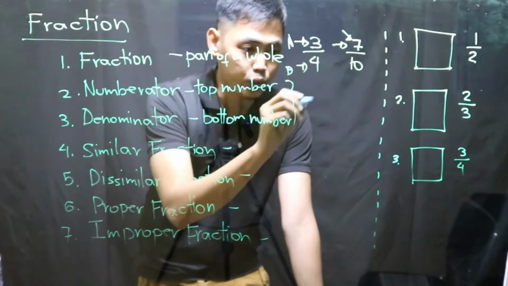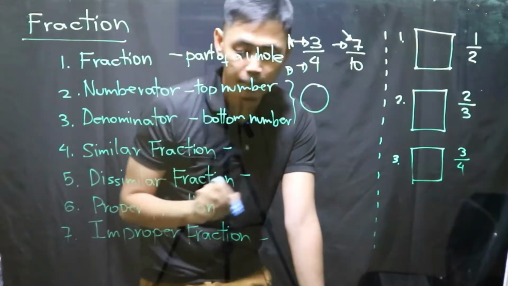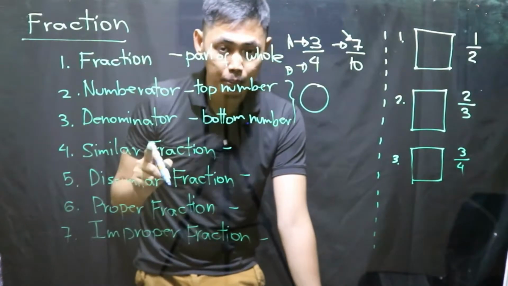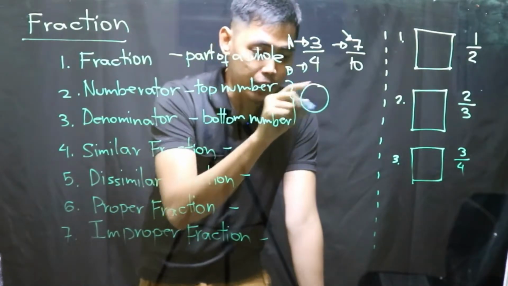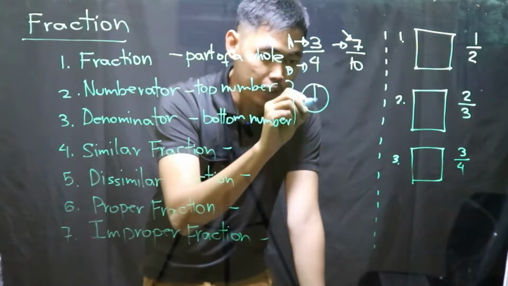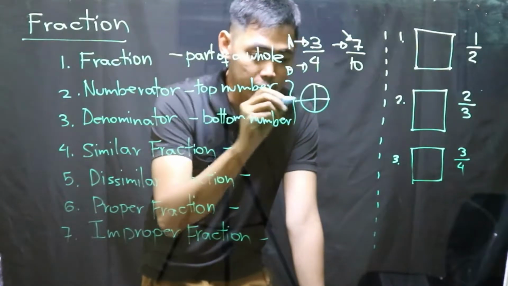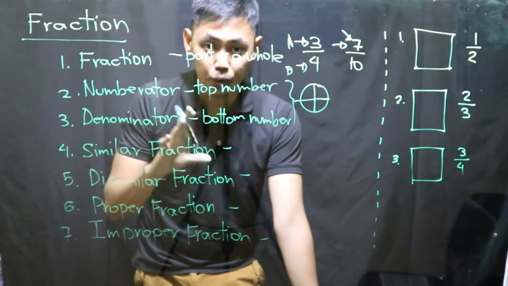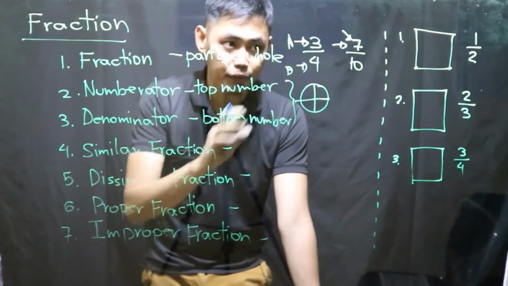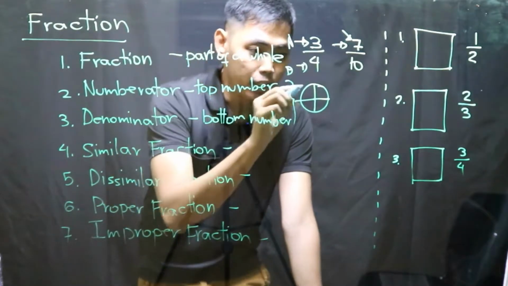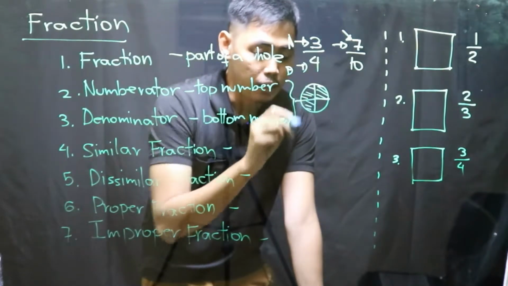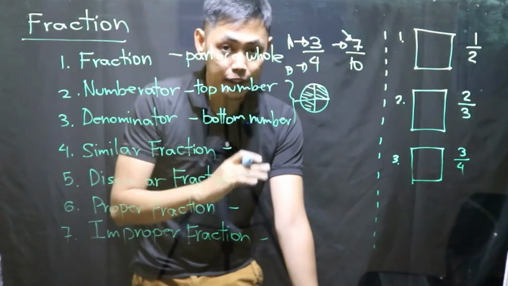For example, 3 over 4, if I have a pizza here, the denominator determines how many times a particular pizza or a particular whole is divided. So it is divided into 4 parts. The 3 on the top is the part that you get or have eaten. So 3 over 4 means you have eaten 3 parts if you divide the pizza into 4